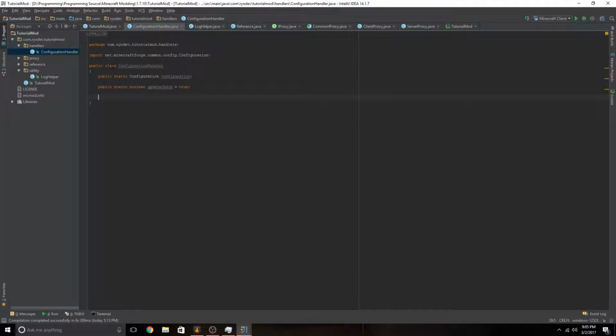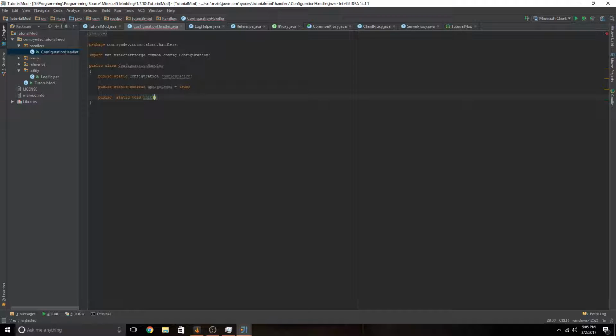After this, we need an initialization phase for this. Something that can just be called. You can really call it anything. But this is what's going to be referenced when we're initializing it. So I like to call any class that I call in the main class the initialization or the register. We don't have to register a configuration handler, so we are literally just going to say, hey, init, why not? So public static void, we're going to call an init,